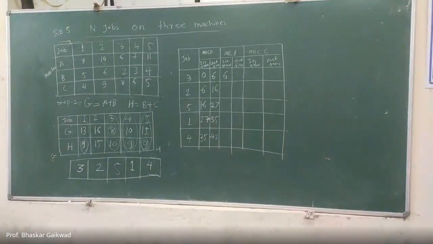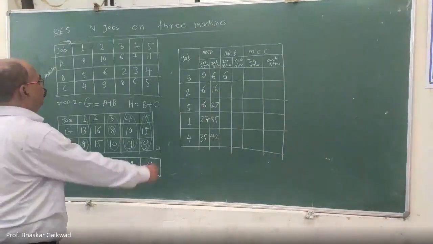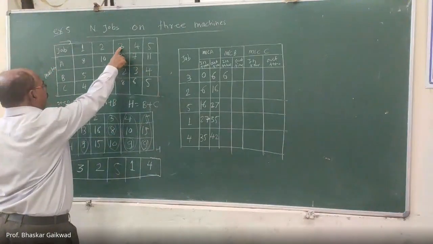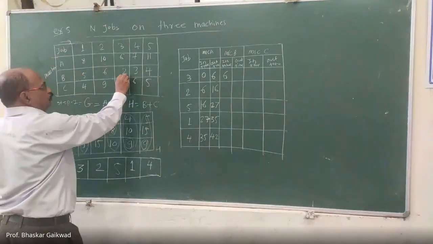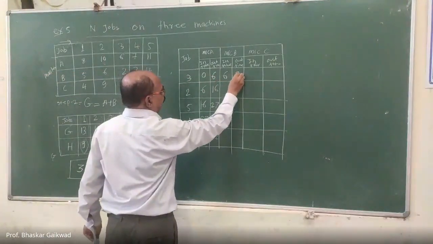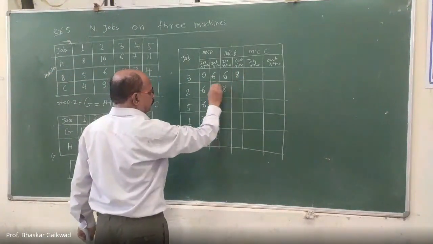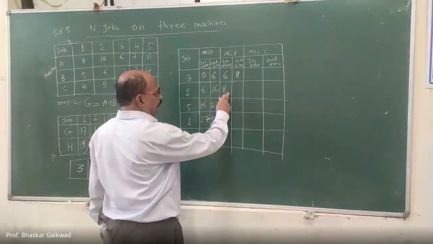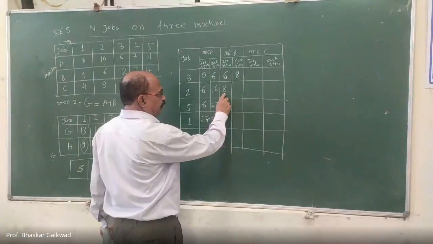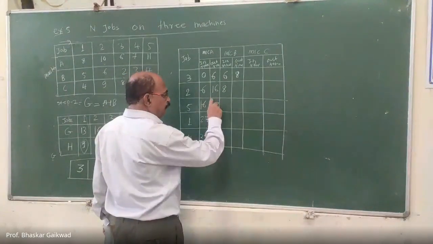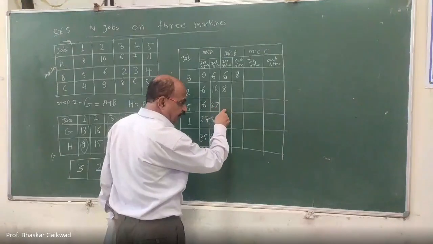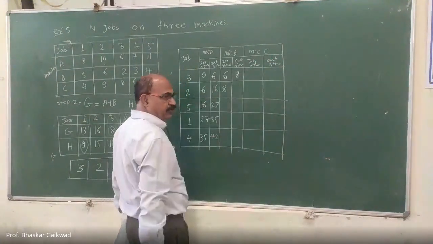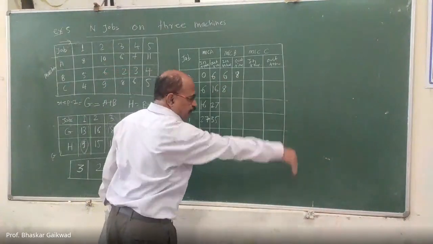So what is the out time here? 6 plus 2. So job number 3, machine B, processing time is 2. Here 6 plus 2, 8. The same 8 will be here. Correct? Always you have to remember this value should be less than this. If it is not, then the maximum is what you have to consider. And whatever idle time is there, as usual, you can write this side also.